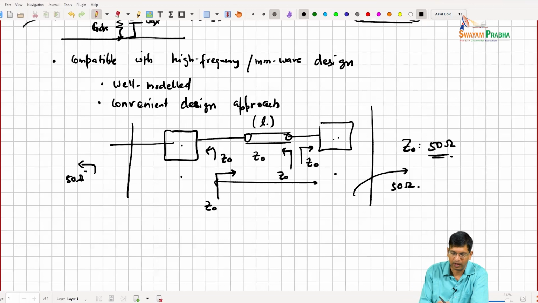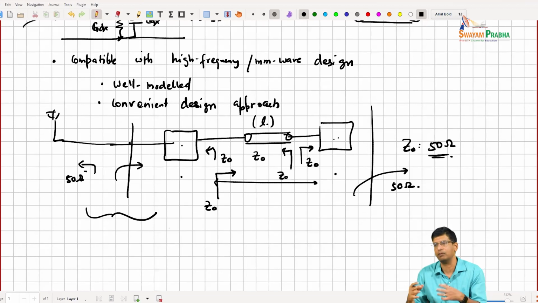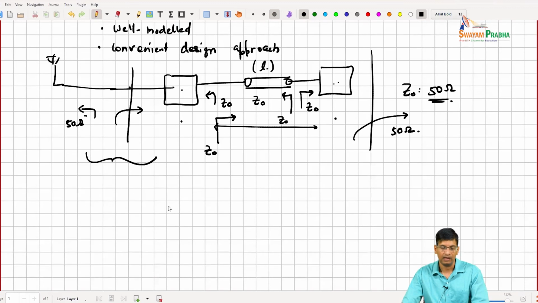And of course, if you have full control of your system, for example, there is an antenna that is connected to your input, it is possible for you to design for different characteristic impedances so that the antenna and your block are both at that impedance, and then you can still have a matched design. So